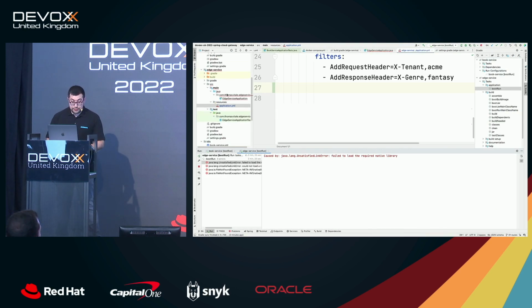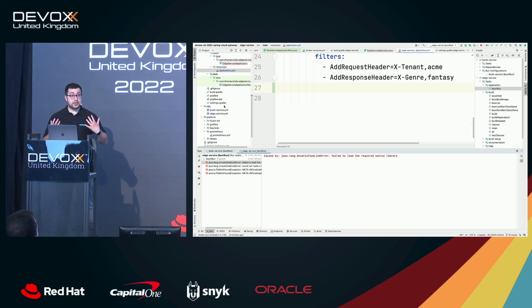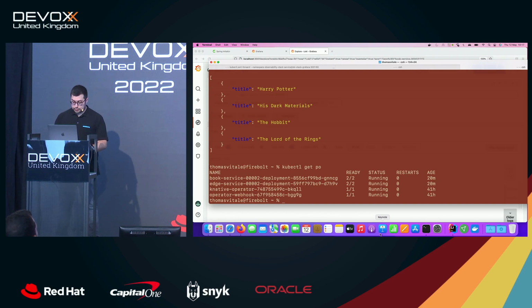Well, moving on, for logs I want to show a few things. So logs, we have by default all the log messages printed out to standard out in Spring Boot. That's perfect. That's what we want in a cloud-native system. What I have added on top of that, two things. First of all,